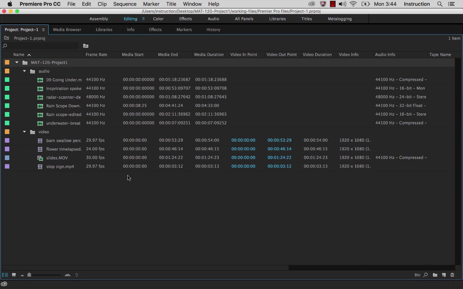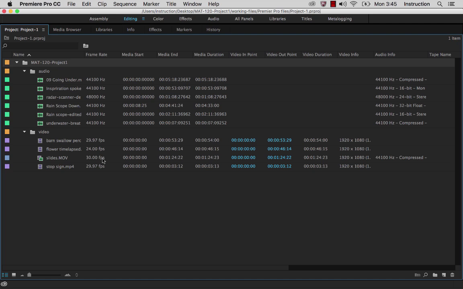And what you're going to have to deal with is that if you have some assets that are different speeds, like different FPS, then you're probably going to want to choose the most common, the standard one that you want, so that other things will conform to it. And this isn't going to be that big of a deal. Whenever I pull in the flower time lapse video into the timeline later, it will match